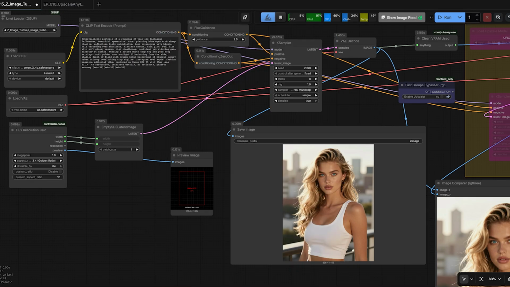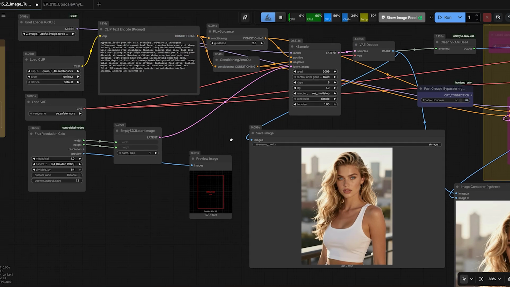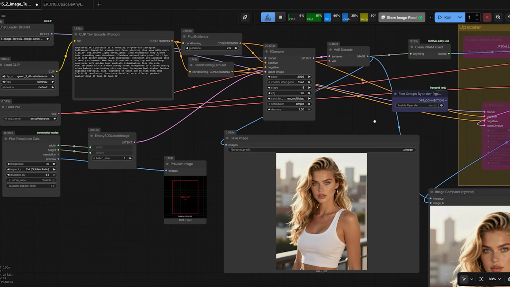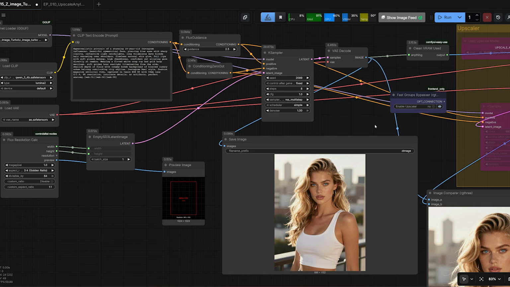So first we need a reference model. So I have opened Comfy UI. If you want to generate free images on your local computer or laptop, you can install Comfy UI. I have a playlist of Comfy UI where you can learn to generate images and videos for free with just one click. I have put the playlist link in the description, or you can also create these images from Gemini as well.